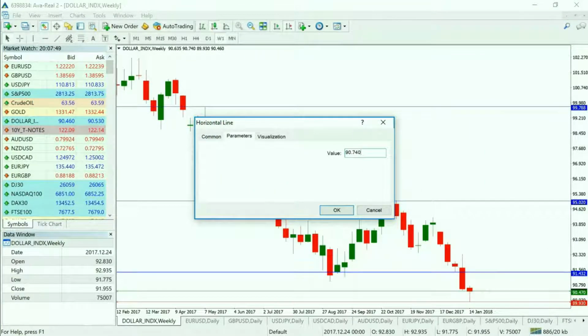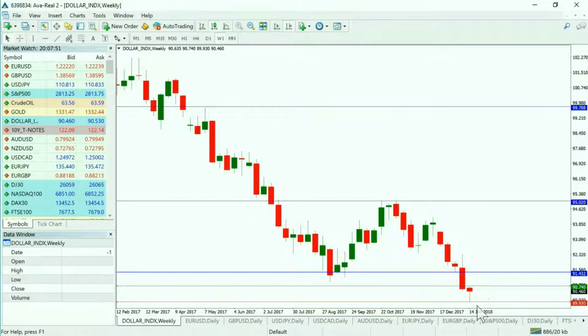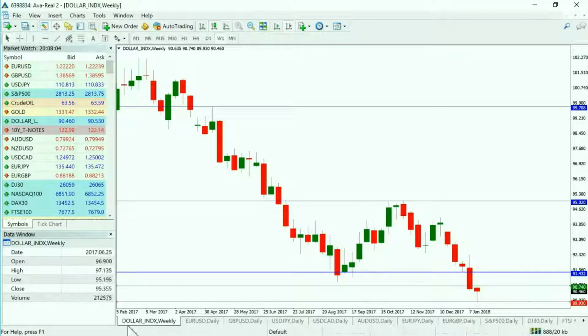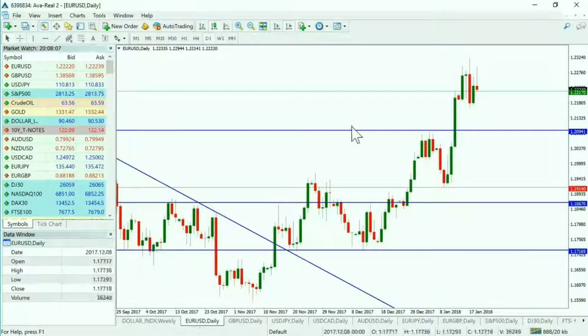Right. Okay. So these are the weekly levels of support and resistance. Like I said, on a monthly chart, it's still looking quite bearish. So this is only a little pullback, and we do have another 10 days in this month. So plenty of scope for this market to move lower, unless price action tells us otherwise.